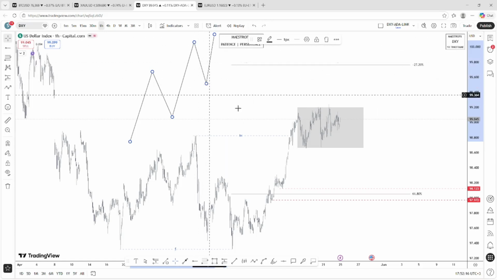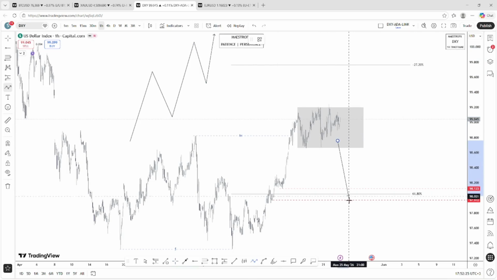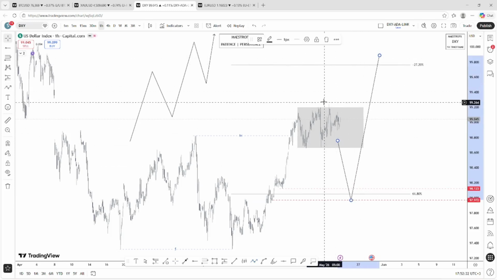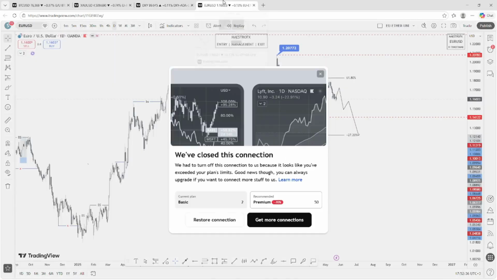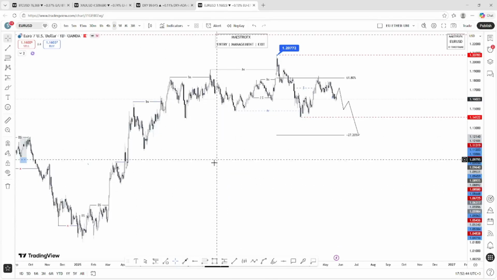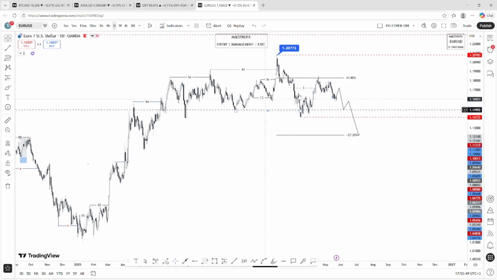So currently we have had that impulse phase. We are currently waiting to have this correction to at least 61.8 and take these two internal liquidities before we continue. Yes, that is the dollar index. And as usual, we don't really trade dollar pairs on their own. We usually trade dollar-denominated pairs. For that reason,